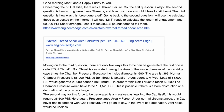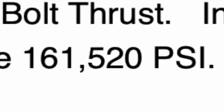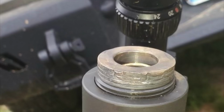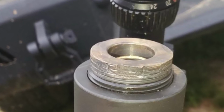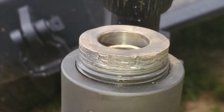Now, for my fellow mechanical engineers who want to work through this, it's 1.5 inches, 12 threads, and the steel is 4140 at about Rockwell C30. As you can see by these calculations, it doesn't take 85,000 psi to shear those threads off. It takes 161,520 psi. Interesting to note, the thread shear area calculator actually gives a pretty conservative result. If you look at how the threads have been sheared off here, they're really close to the root of the thread, and that's not what the thread calculator tells you will happen. And the reality is, this is a heck of a lot more metal that got sheared off than the thread